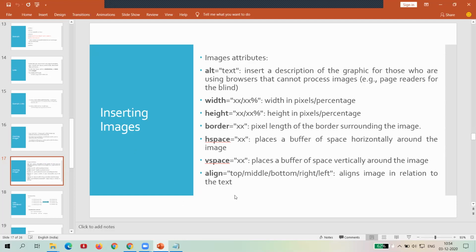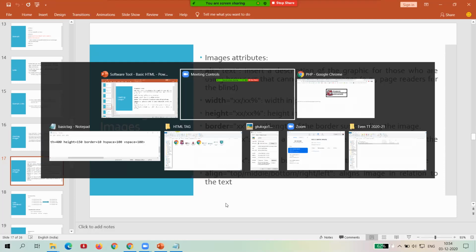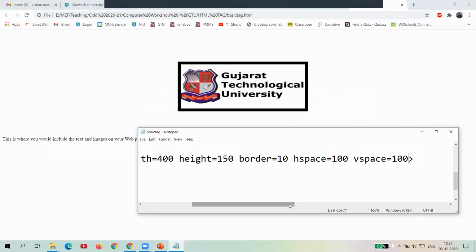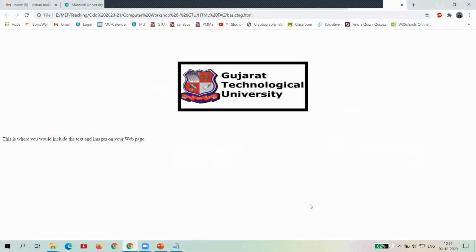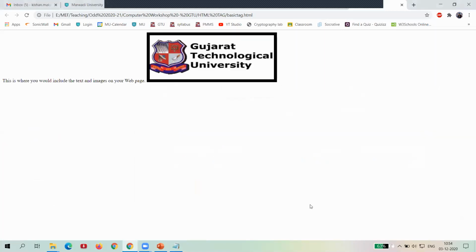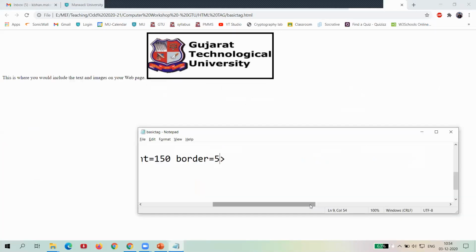So let's go for that example. Now I am writing align is equal to top.